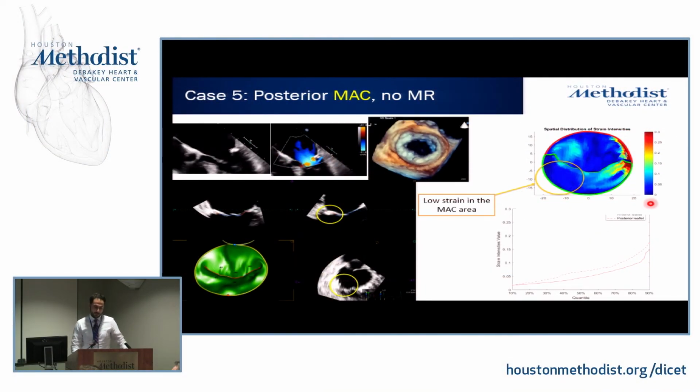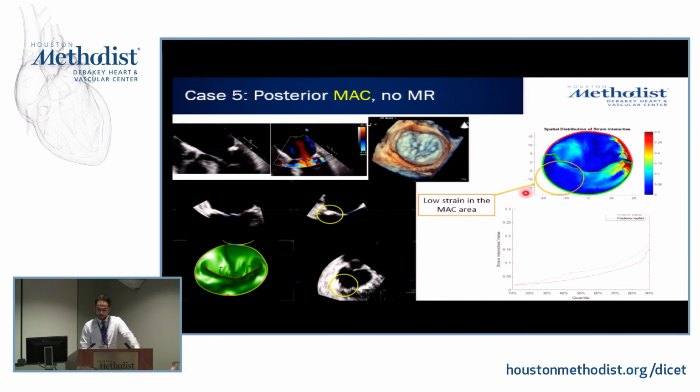Again, the last case I'm going to show here is a case with mitral annular calcification and the posterior leaflet, which you can appreciate here on the 2D image. Also, after calculating the strain distribution, this is a very premature observation so far because we haven't run all the calculations. But I noticed in this case specifically, if you go to the strain location on that leaflet, this yellow circle here corresponds to this area here from the MPR